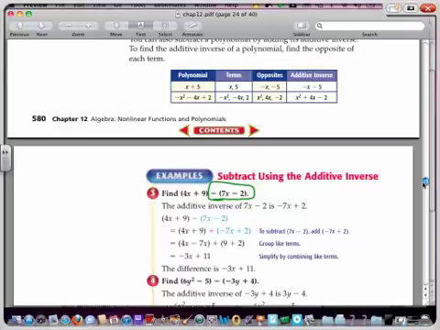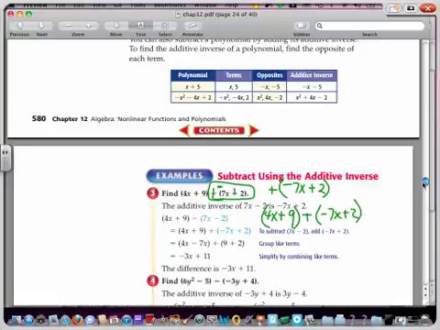Instead of subtracting, we want to add, but we're going to add all the opposite signs. So this is going to be negative, that's going to be positive. Instead of subtracting, you could add negative 7x plus 2. That's the additive inverse. So if I take 4x plus 9, and I now add negative 7x plus 2, my additive inverse of the other one,